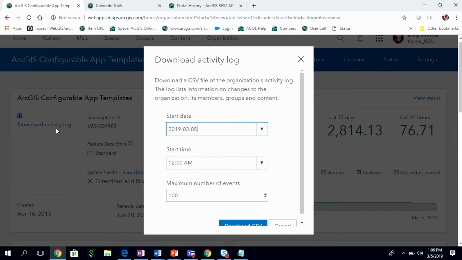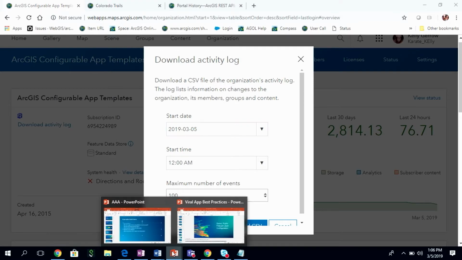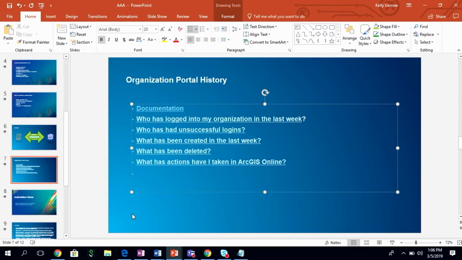automate something like, hey, how often are my users logging in? Which apps are they logging into? Who isn't very good at logging in or remembering their password? Who's created content in the last week? Who's deleted content in the last week? And then also, what actions have I taken in ArcGIS Online? So we'll take a look quickly at who has logged into my organization